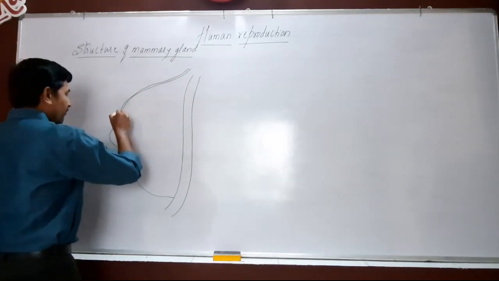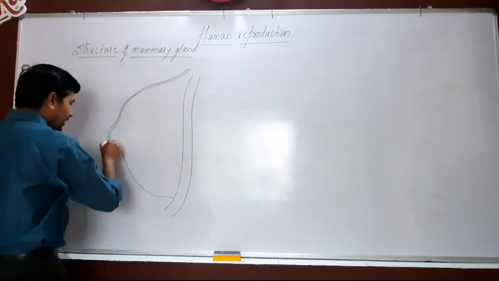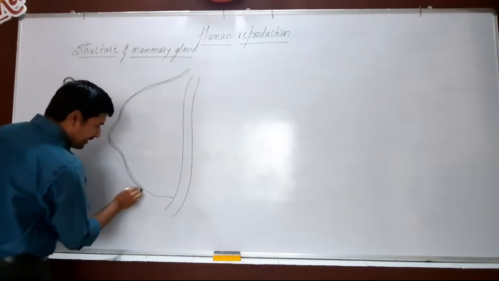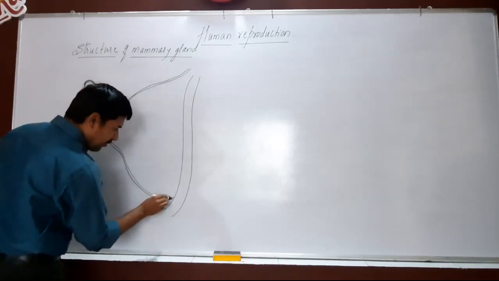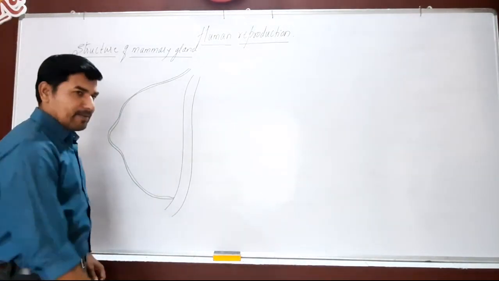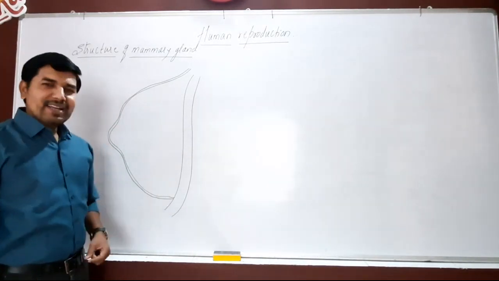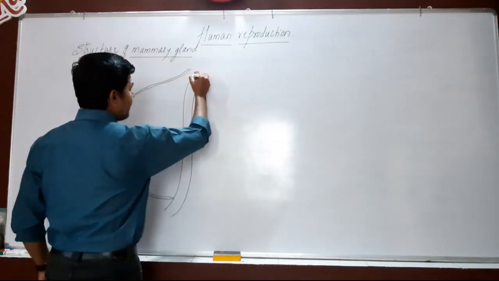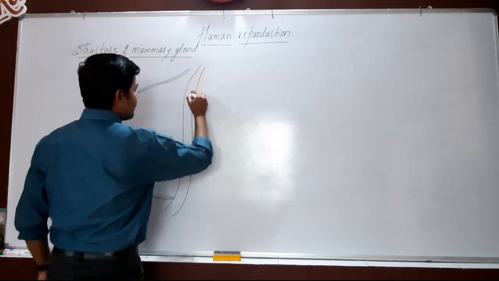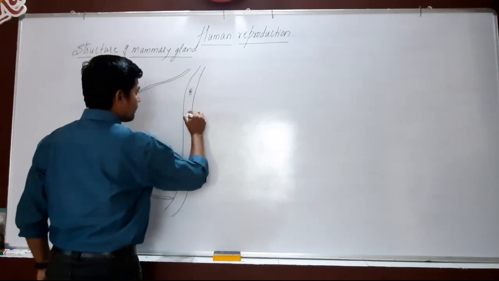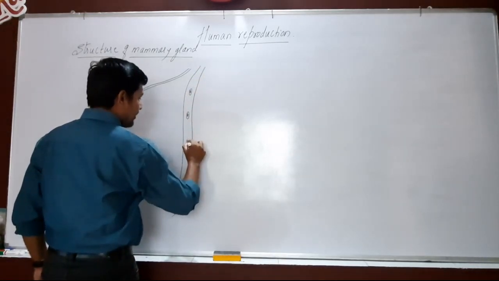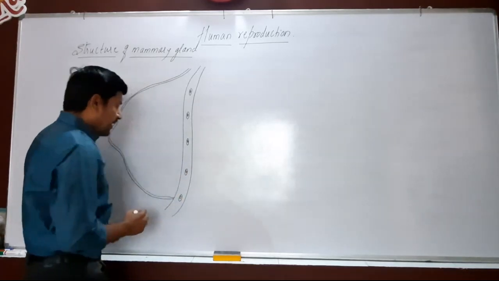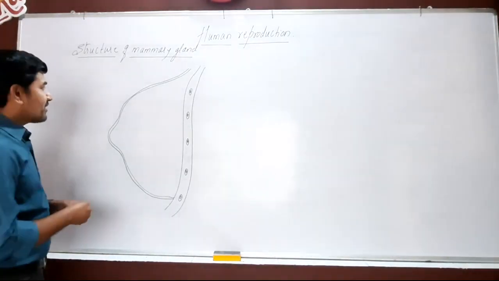In the female animals, paired mammary glands are present in the thoracic region, or we also call it the chest region. The mammary glands are also said to be the breast. In its structure, they are located in the chest region, and if we look at its parts,